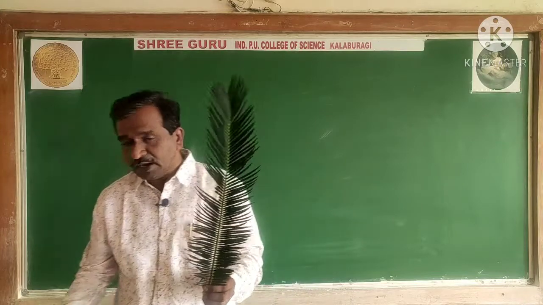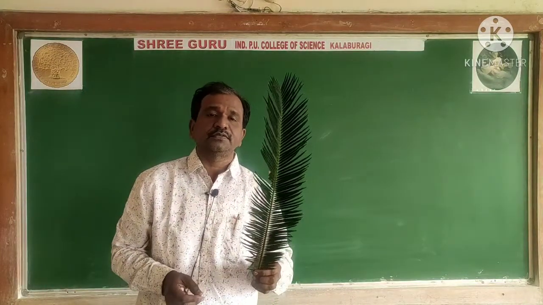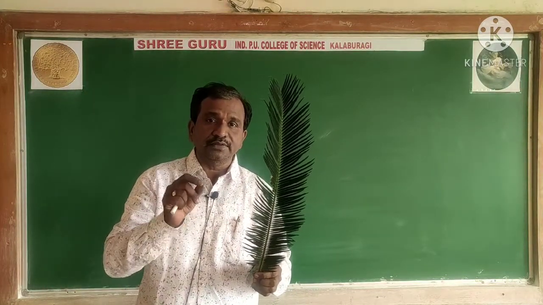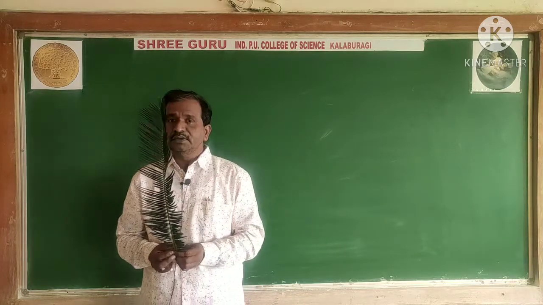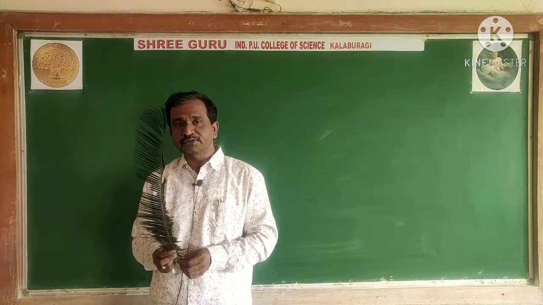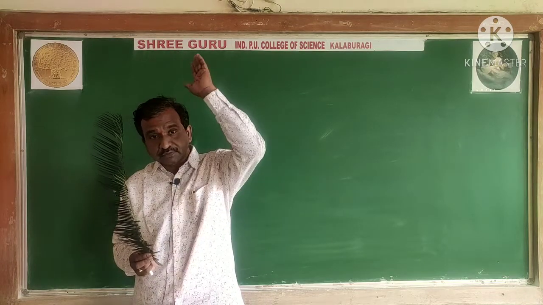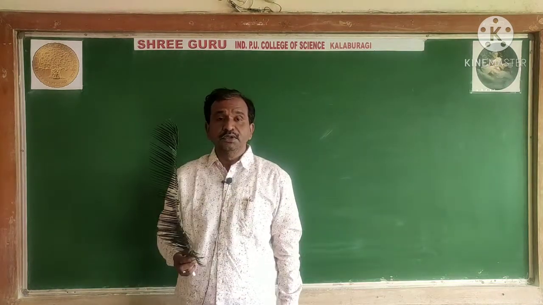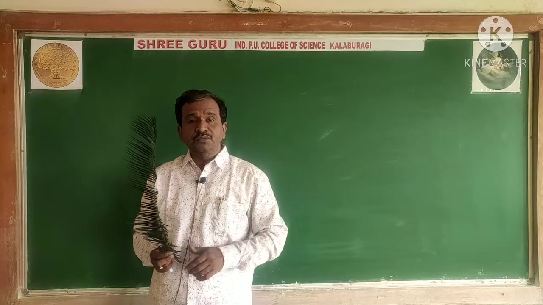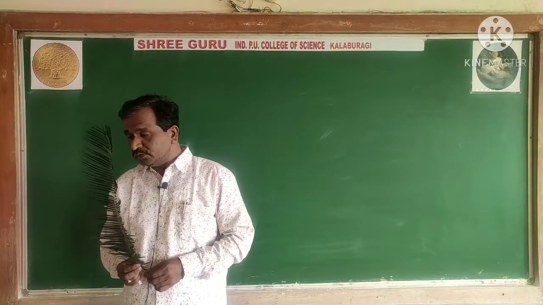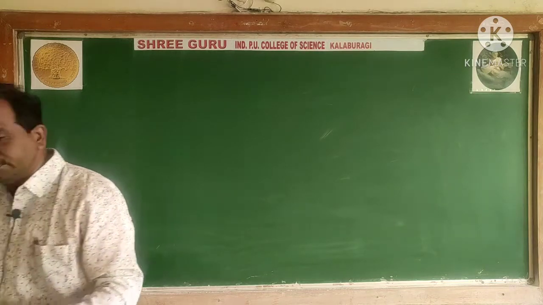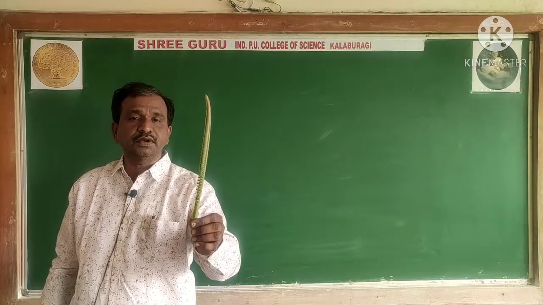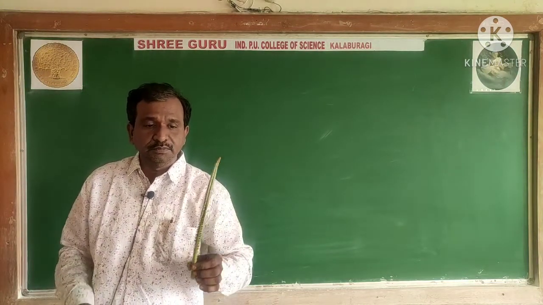Next, I told you in the previous class that the young leaf is called circinate venation. Yes, the stem is rhizomatic. The stem is rhizomatic, which we have observed in the case of pteridophytes also. So same thing, circinate venation in the young leaf; here also, this is the young leaf that we have seen in the case of the gymnosperm.